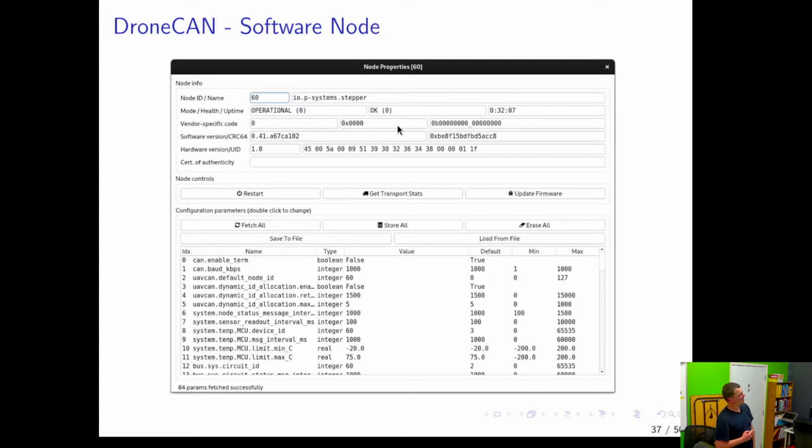uptime, and a vendor-specific code. This is just, what is it, 8 bits, 16, 8. There's a bit mask you can broadcast if you want to send some information. For our devices, when that's up, it usually means something broke. Like if a sensor is broken, it will set one of these bits. Then there's another mechanism where you can query the node information, and with that query you get the name. In this case, this is the name of the node, and you can see it's like a Java-esque package, right? And then software and hardware version,